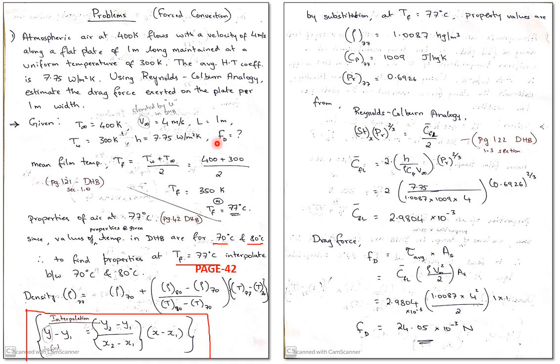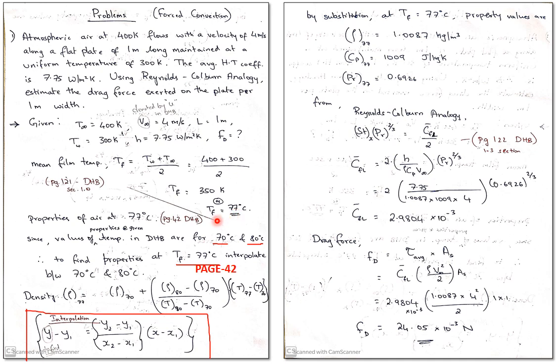Now the very first step you have to solve is to find the film temperature, that is the mean film temperature. If you go to data handbook page number 121, this is the new edition, there you can find the formula, which is TF equals TW plus T infinity by 2. You take the wall temperature and the fluid temperature, take an average of those two, and you will get 350 Kelvin, or you can convert into degrees Celsius, that is minus 273, and you get 77 degrees Celsius.